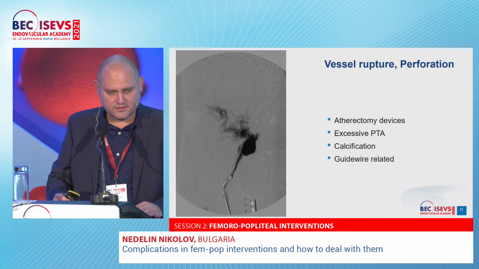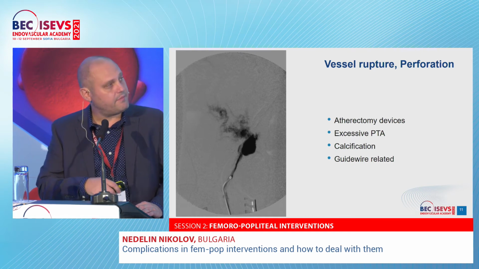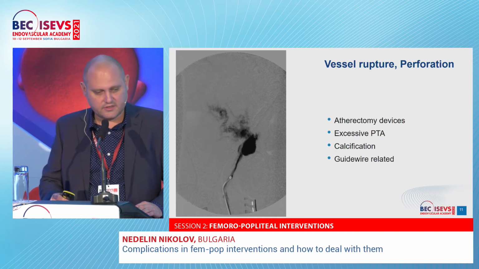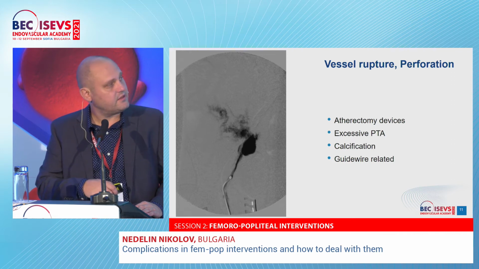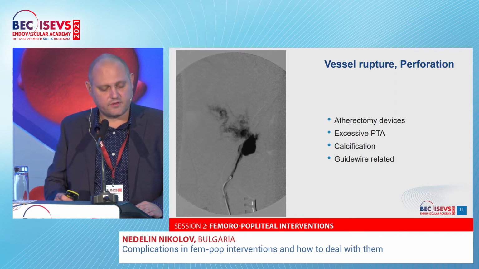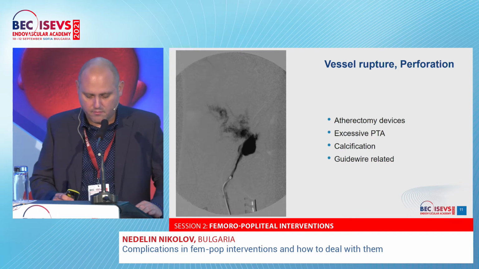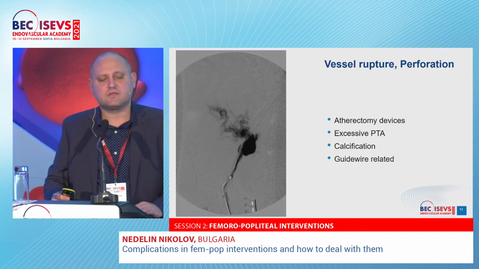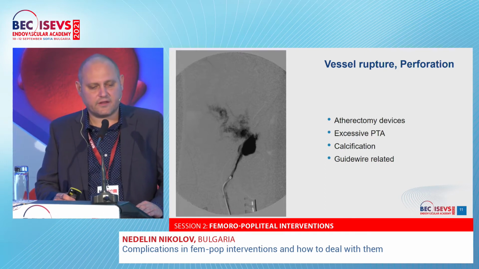Another complication is a vessel rupture. Another patient, hybrid dilatation of the external iliac artery. You can see the retroperitoneal hematoma. Mainly, these complications are from atherectomy devices, from excessive balloon dilatation, when you have extreme calcification, and some of them